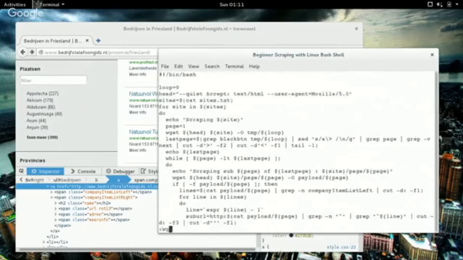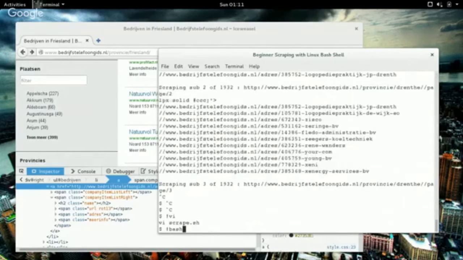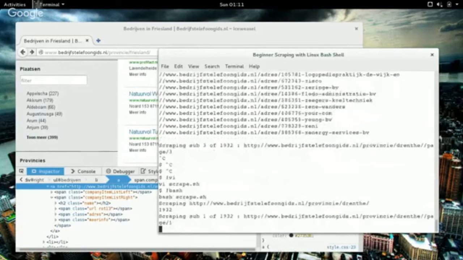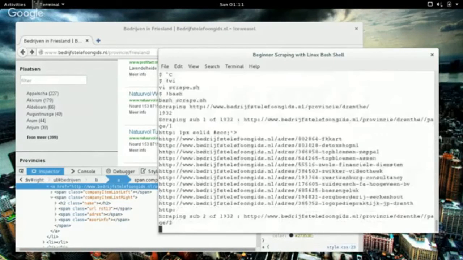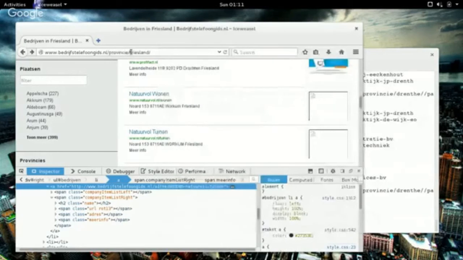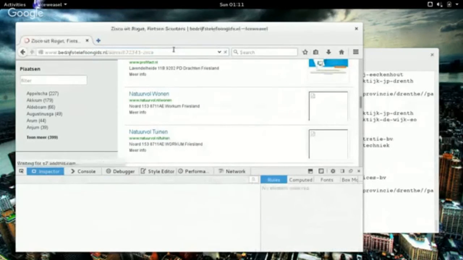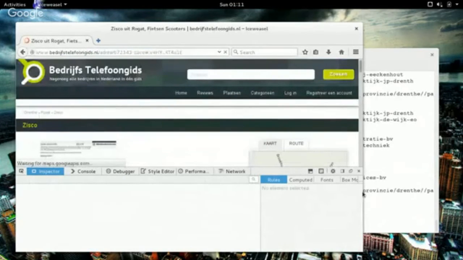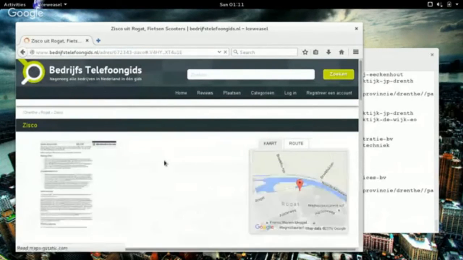There we go. So it still is -1. So let's go back into here. Sub URL. There we go. So we should now be able to grab this, copy,